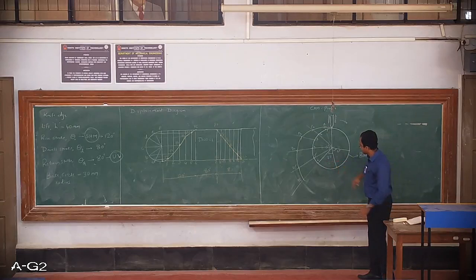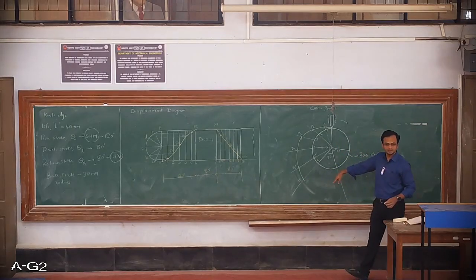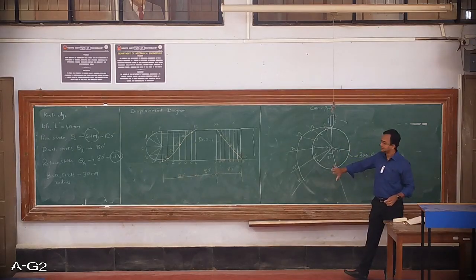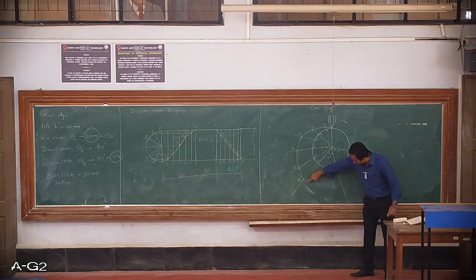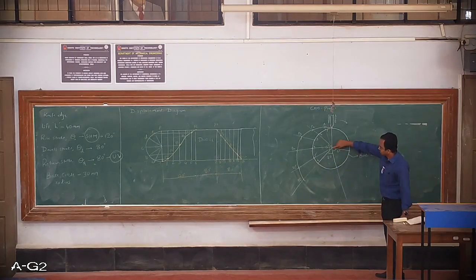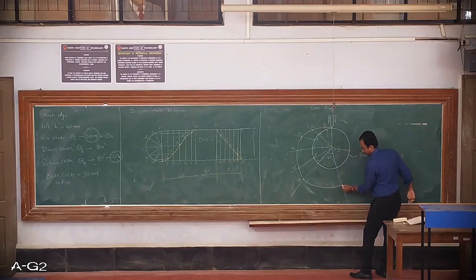Once this is done, next I'll move to the dwell portion. So this line I'll just extend. So how to draw this curve now from P6 to P7? Since it is a dwell zone, again there won't be any displacement of the follower, which means the radius of this curve which I'm supposed to draw now over here has to remain the same. So all you can do is, with the center and this point as a radius, draw the curve till here and mark this point as P7.